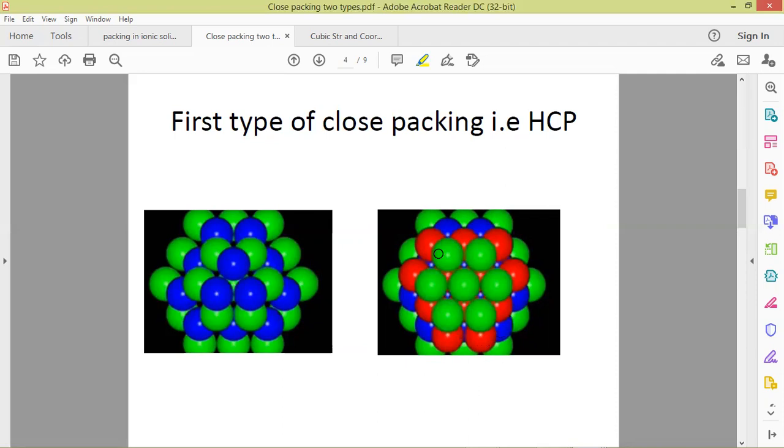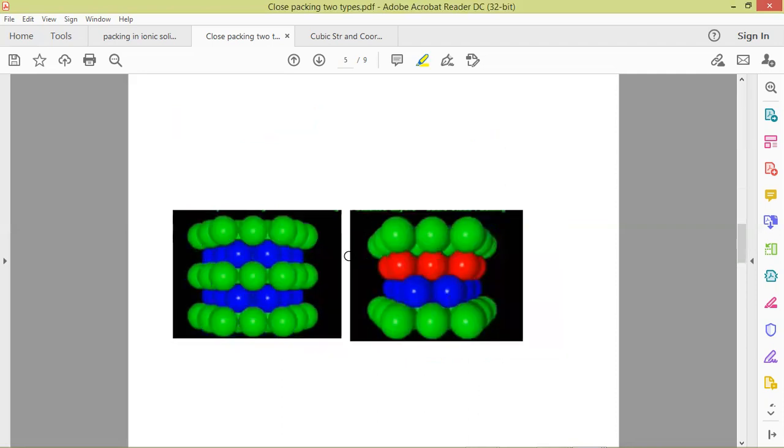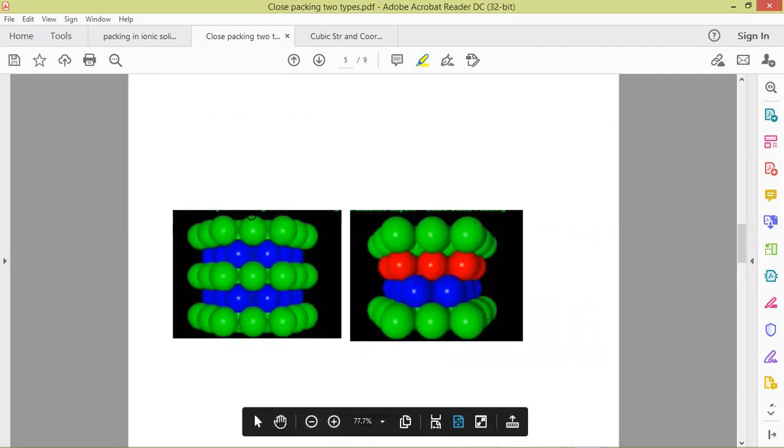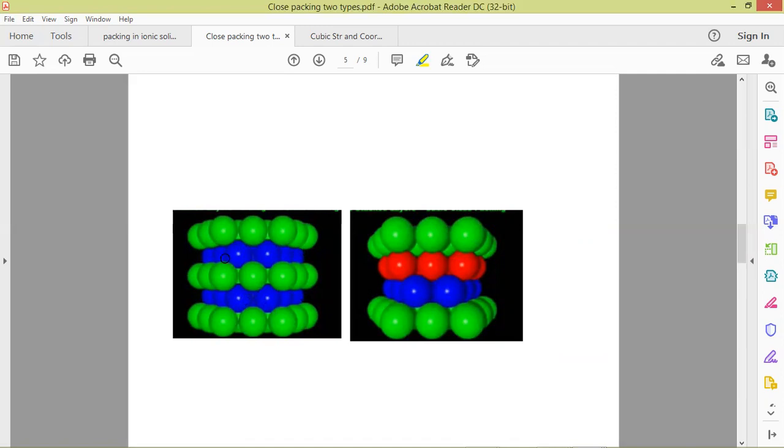So these two types of stacking patterns are created when we proceed from the two-dimensional system of hexagonal closed packing. This is the other view of both packing systems, the side view. Here the layers are A and B. If greens are the A layers and blues are the B layers, this is the AB stacking pattern, and it will go up to an infinite number of layers according to our choice.